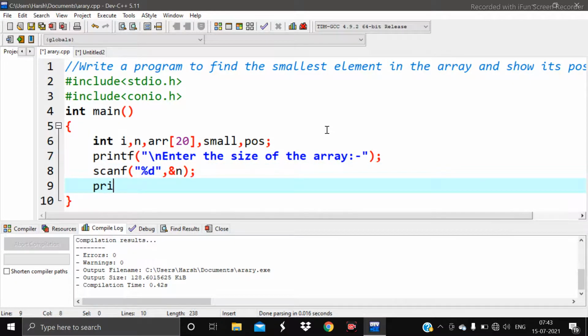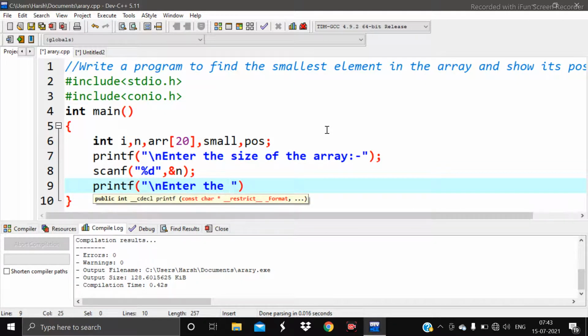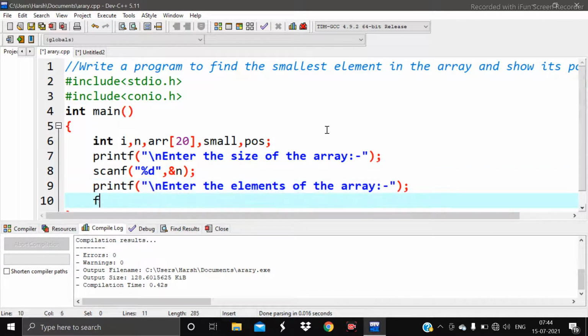Okay, then printf, we have to take values from the user, enter the elements of the array. For that we will use a for loop. i is equal to 0, i is less than n, and i plus plus.